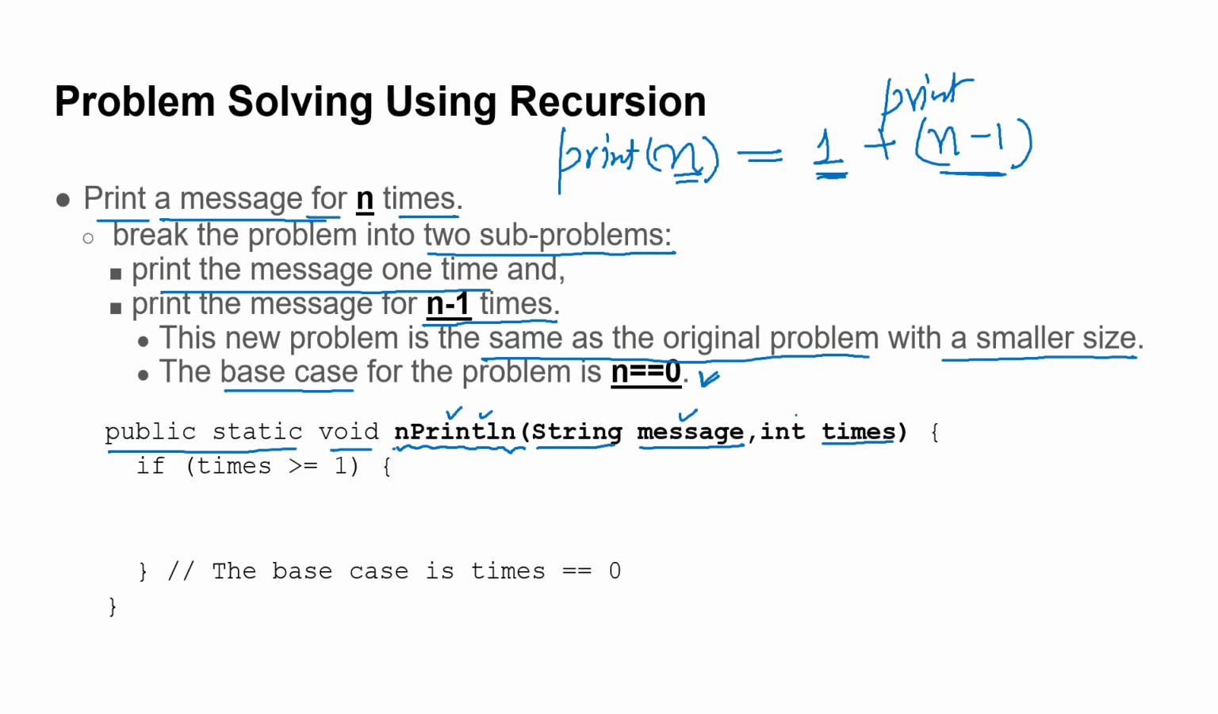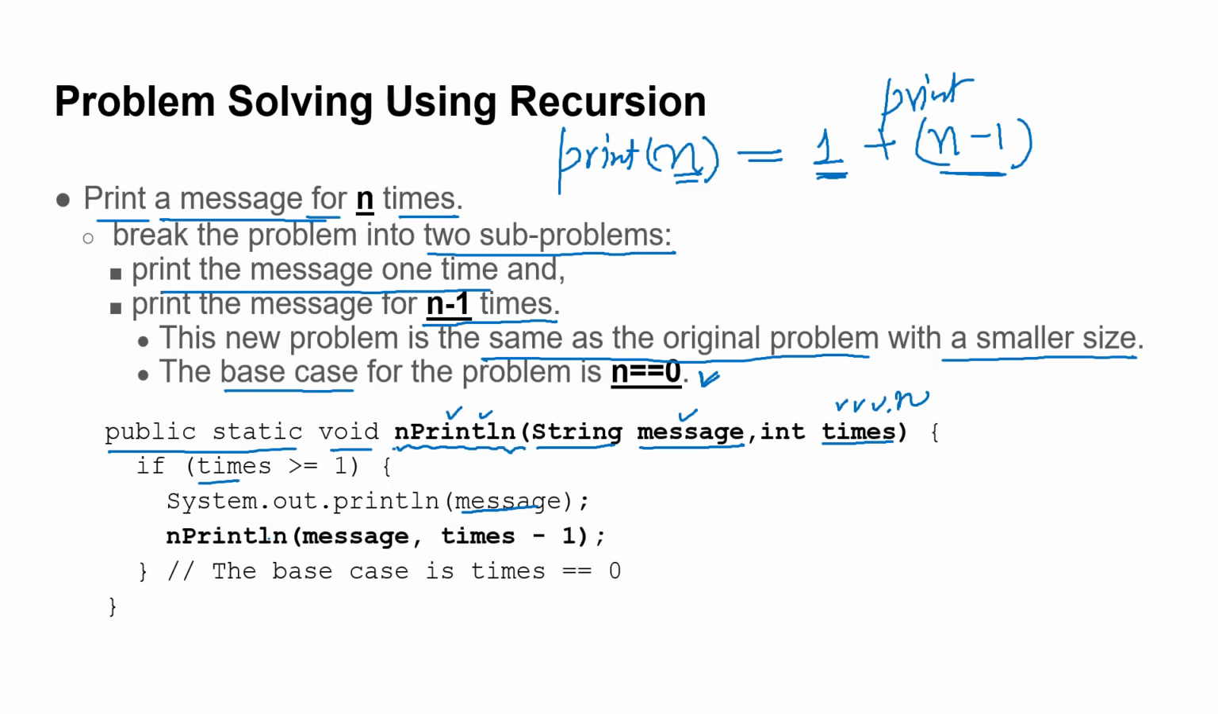If the times, which is the n, how many times we want to print this message, is greater than or equal to 1, what do we do? Well, we will print the message once. After printing it once, we call nprintln with message and times minus 1. We printed it once, so we want to print it one less time. And that is it. That's the complete definition of the println method,